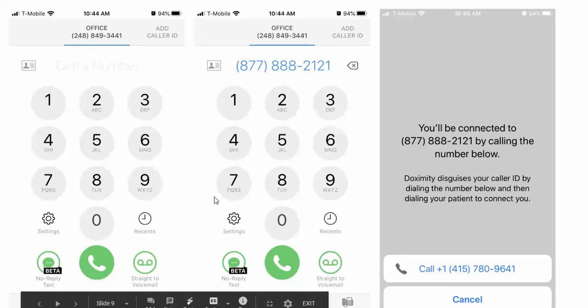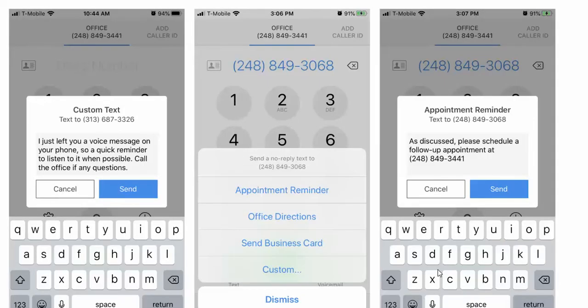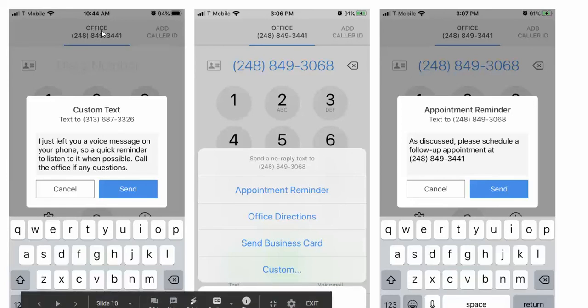And I'll show you what that looks like. So when you dial this, you dial the patient's number, you press the green button, you want to talk to them, it'll say you're now connected by this number to the number below, and you just press call, boom, okay? And then you make your phone call, and then after your phone call, you just hang up,